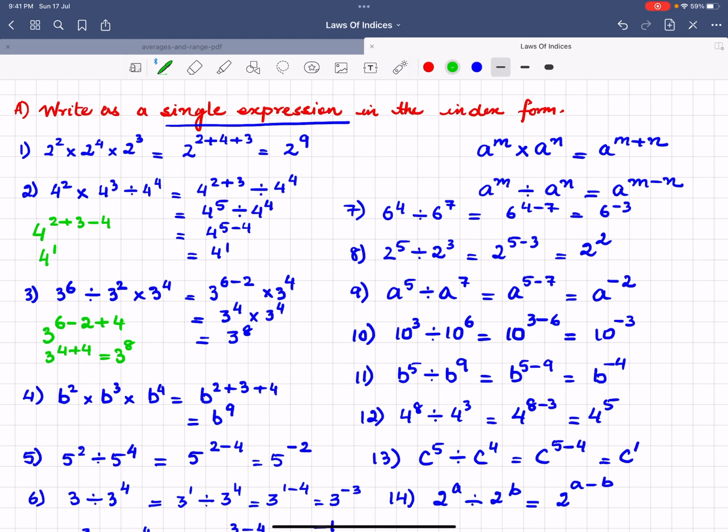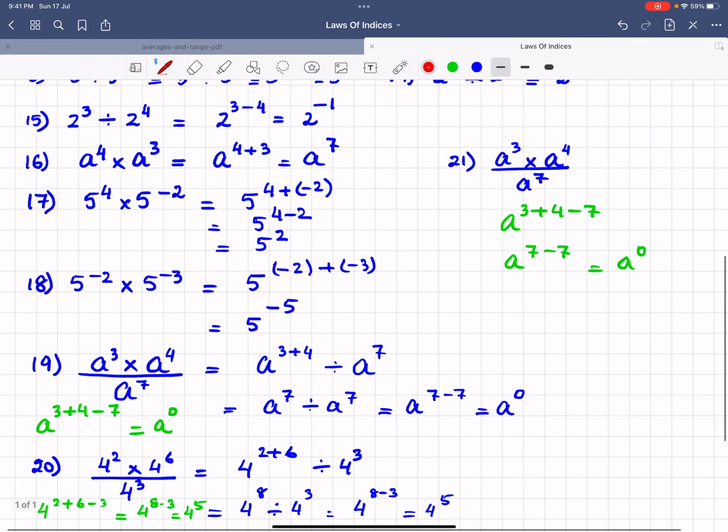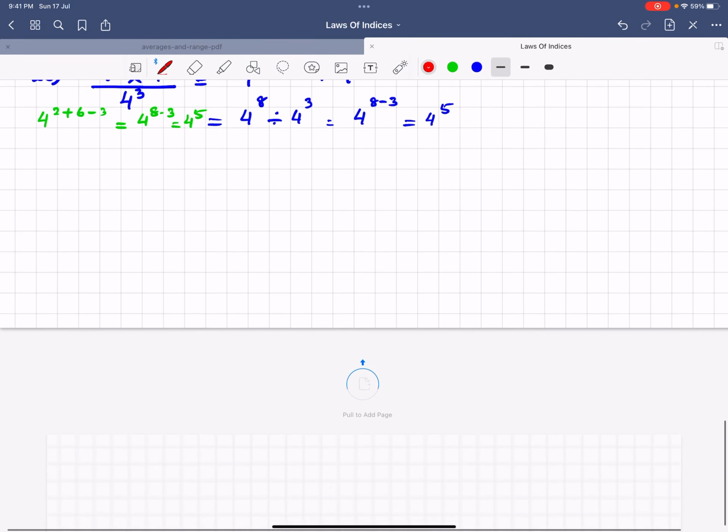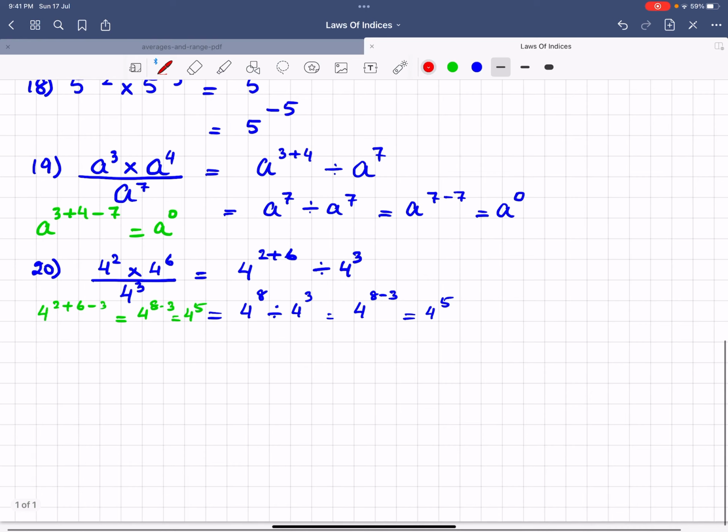Now we move on with the second category. The second category could involve find the value of. So we will move on to find the value of question 2. Find the value of